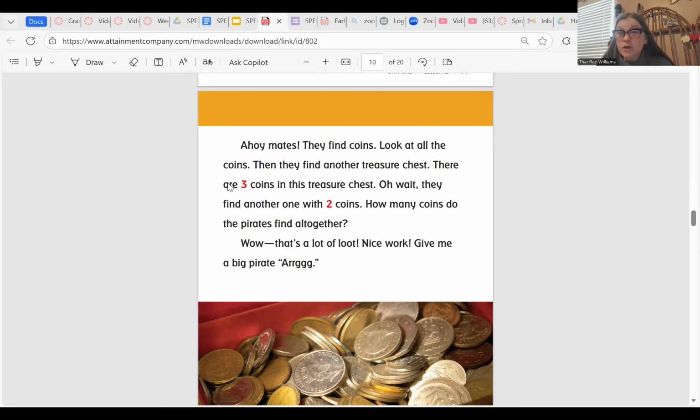He opens the treasure and there are three coins inside. Then Pirate Lamar finds another sunken treasure. He opens his treasure chest and there are two coins inside. How many coins do the pirates have altogether? You could do that. And then you just repeat that pattern and you have them find more sunken chests with